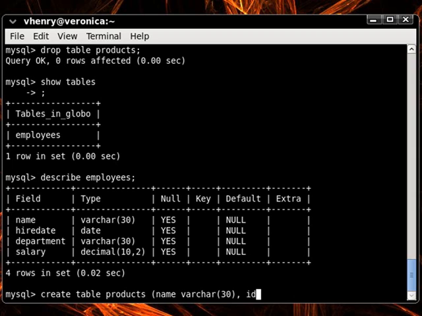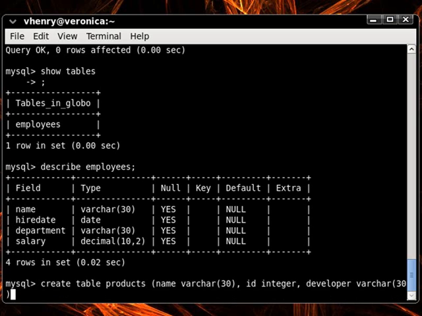Then we're going to have an ID field, which will just be an integer. Then we'll have a developer field, which will be a varchar of also 30. Close the parentheses